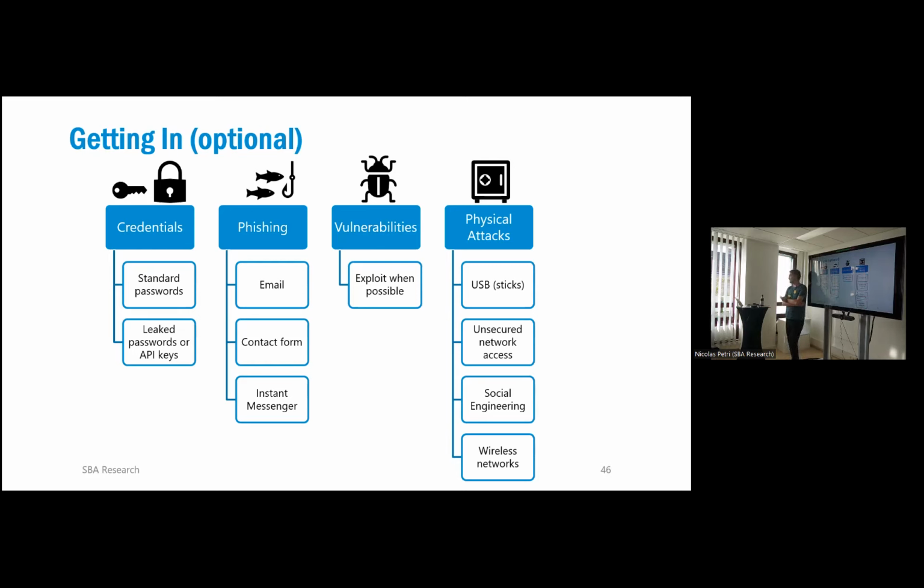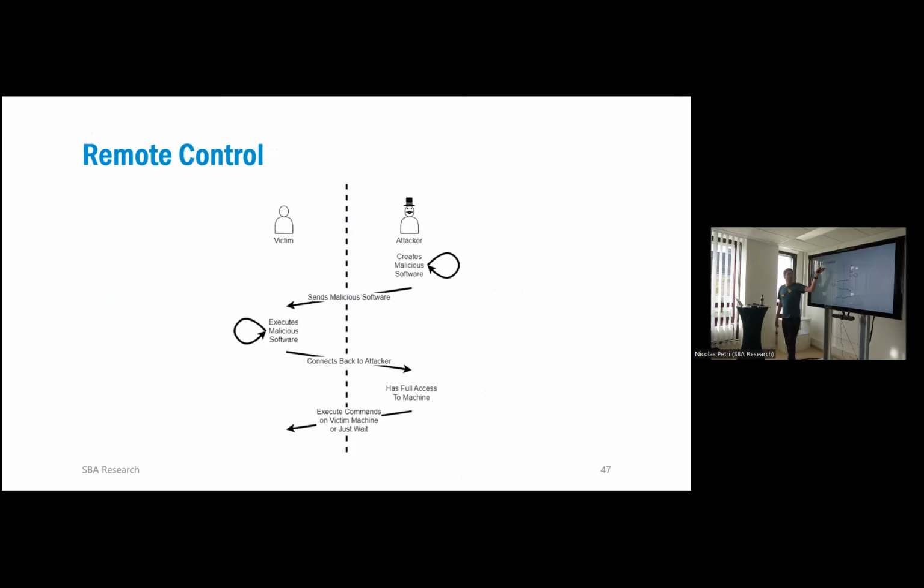Why is it optional? If you don't do this, it will be called an assumed breach assessment, because companies know that you can do this. You can phish everybody. I guess everybody of us can be phished in some way if you spend enough time on it. So companies know that this works and they just want to cut this short and tell you, okay, fine, I will click on your malware and then we continue with the next step. With the remote control, actually.